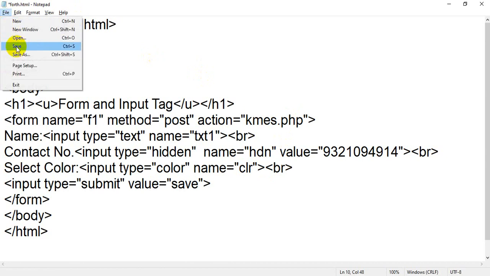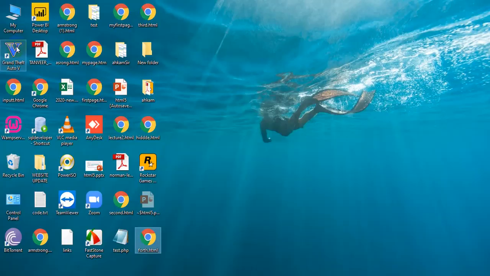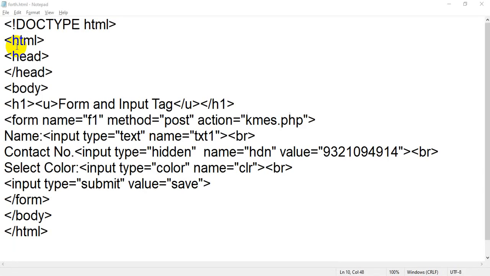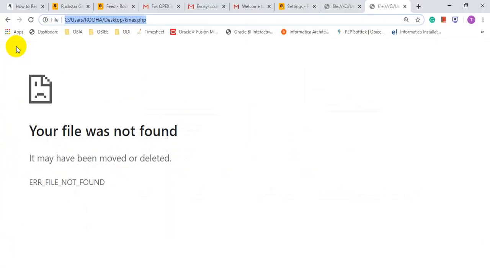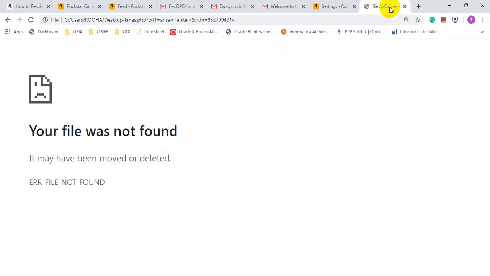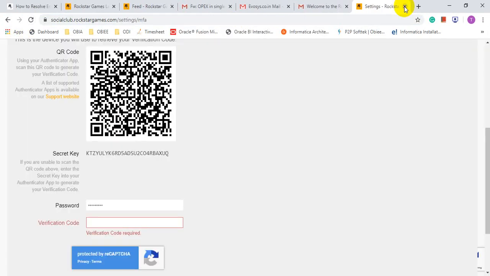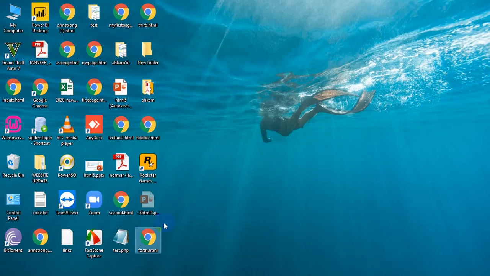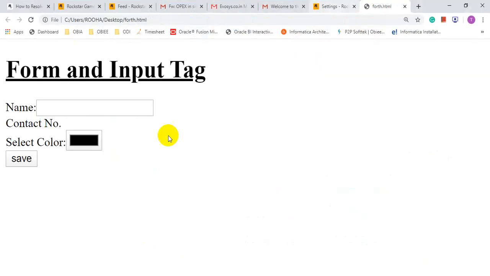Save this file, flip back to your browser, and refresh the file. It's redirecting to our page. Let me open this photo.html.